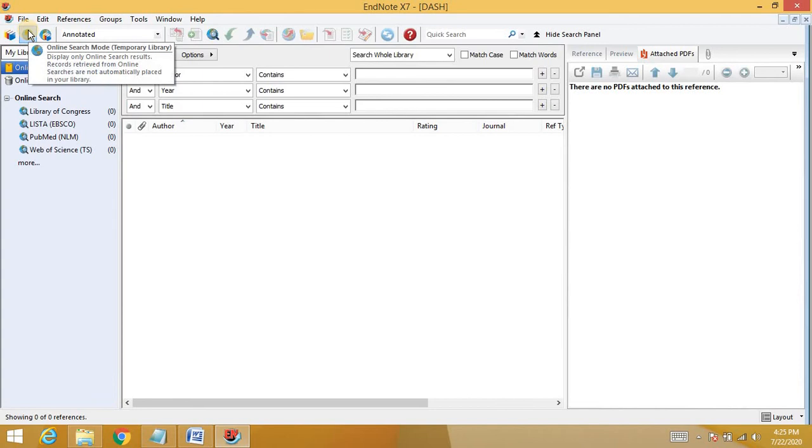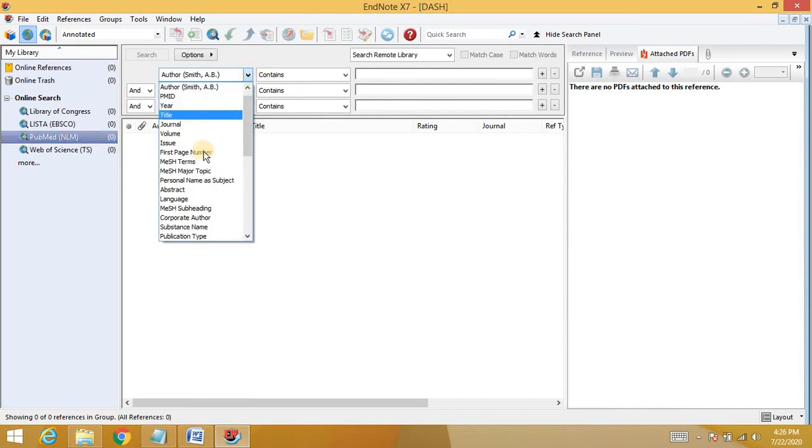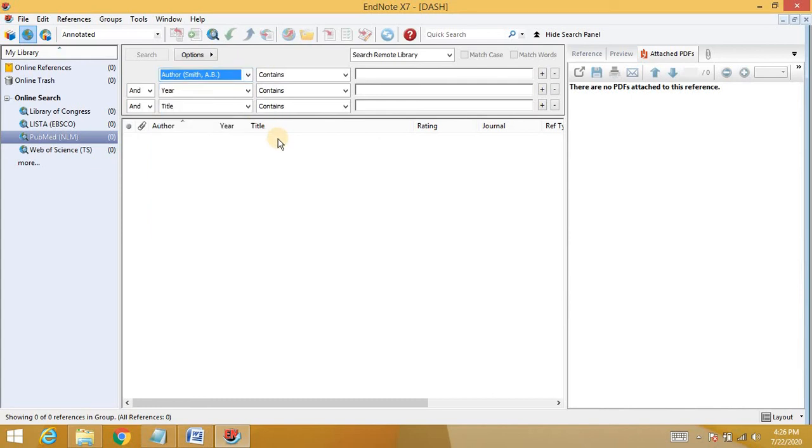After clicking on the online search mode, we have to select the connect function. It will connect to the host, and here we can see three tabs. The first one is the author, the second one is the year, and the third one is the title. From the drop-down we can select accordingly whatever search we want. So for today I want to search for dash.